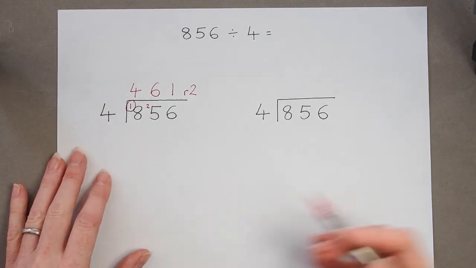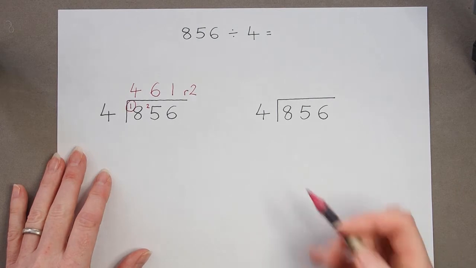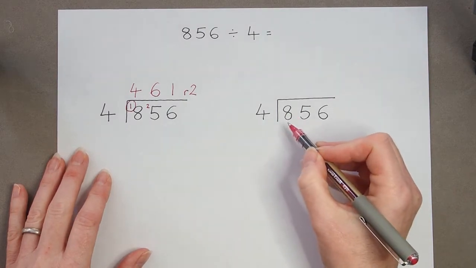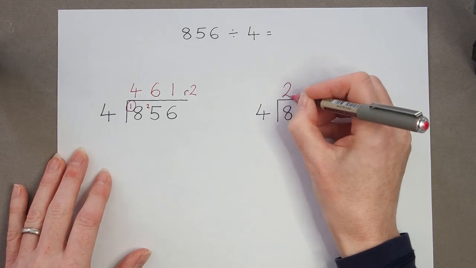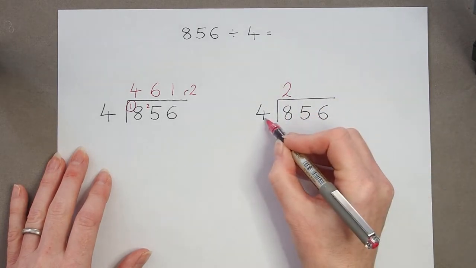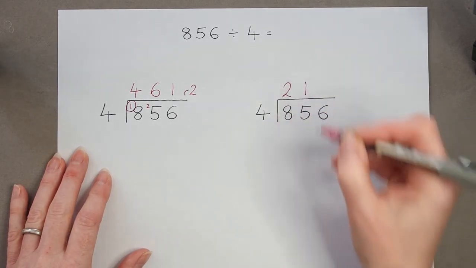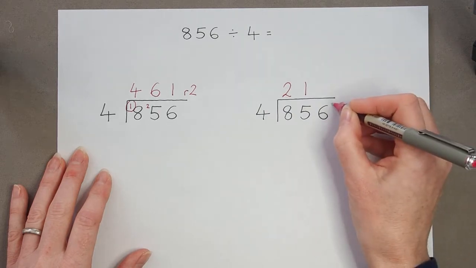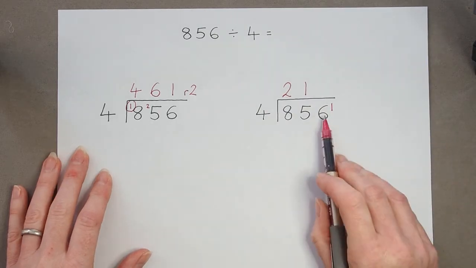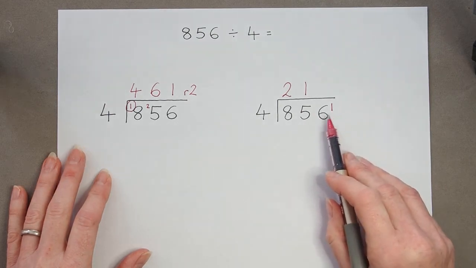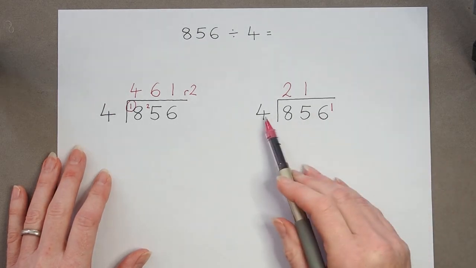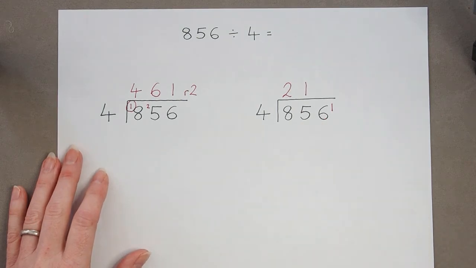If they work the correct way, the other place they may go wrong is in writing the remainder. So 8 divided by 4 is 2, 5 divided by 4 is 1, and there's a remainder of 1. They may write it on the wrong side of a digit and get 61. And this causes a big problem because then they're trying to work out how many 4's in 61,